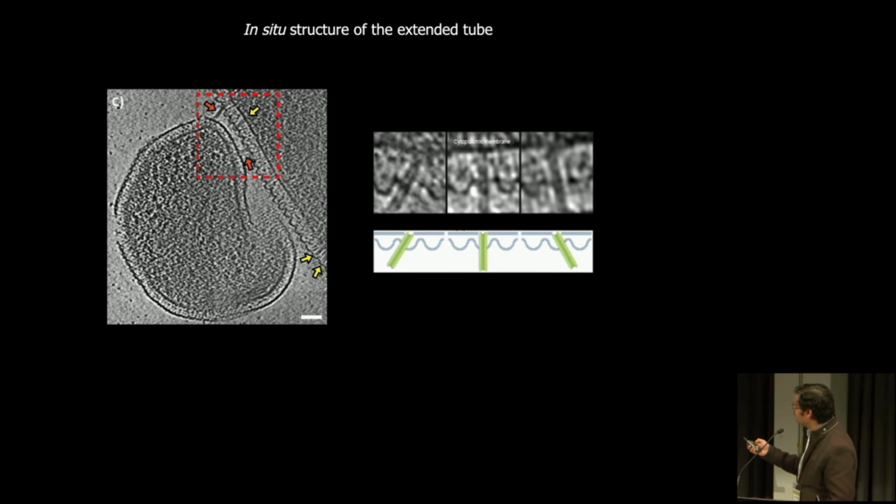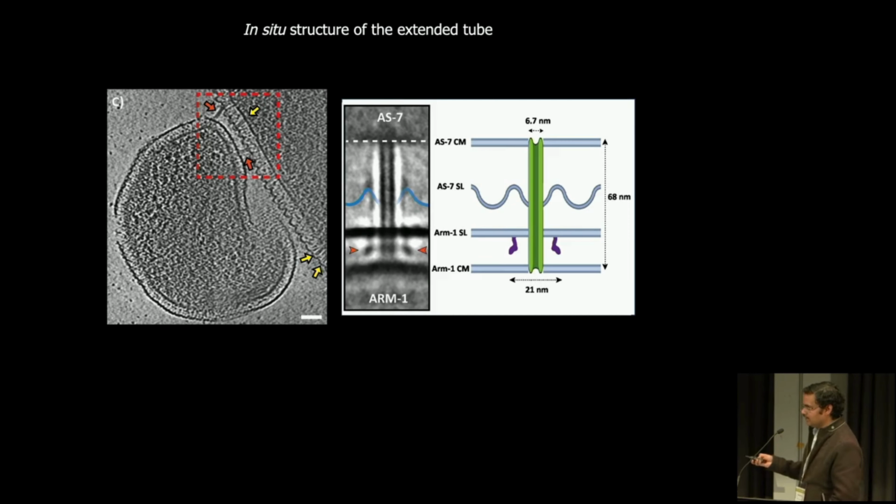We also wanted to know the structure of these extended tubes, how exactly they're extending and connecting to the DPANN cell. The problem was that these tubes come out of the host cell at many different angles, and they're very complex and sometimes also flexible. So getting a structure of these extended tubes at high resolution was pretty challenging, but we still developed a method, a guided subtomogram averaging method, and we managed to get a lower resolution structure of this tube. This is about 15 to 20 angstrom resolution, and this is the host, and this is the DPANN